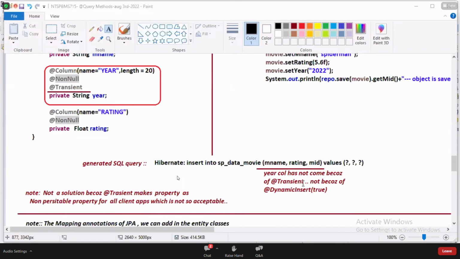Here the column has not come because of @Transient, not because of @DynamicInsert.